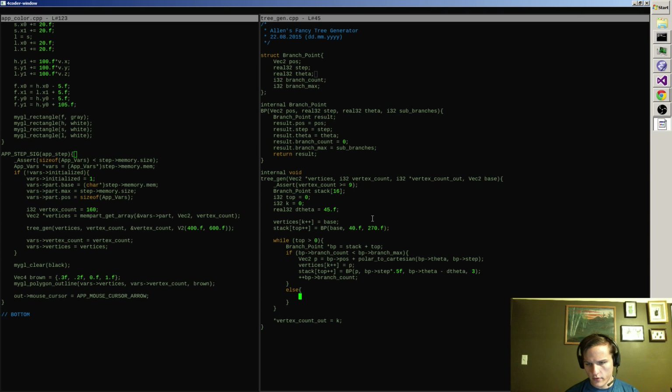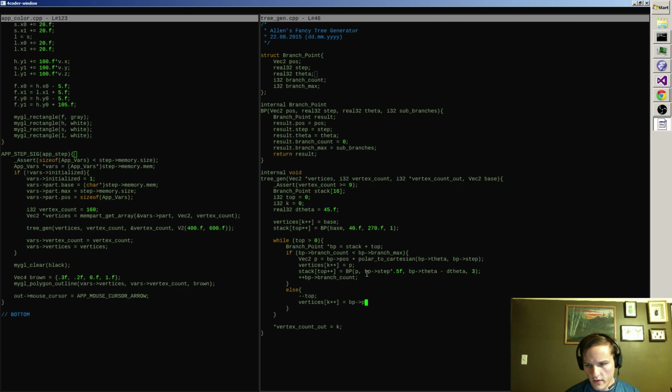Right now there's no reason this wouldn't go into infinite recursion, so I'll have to tell it to stop at a certain point. I'm not going to do that yet, but I'll get back to it. The other point is, once you have produced all the branches you wanted to produce, which by the way this one wants to produce 1 branch, then I want it to pop that top off, and I'll put another vertex